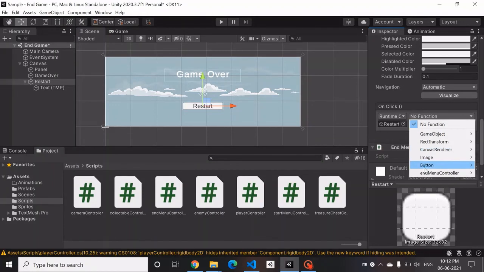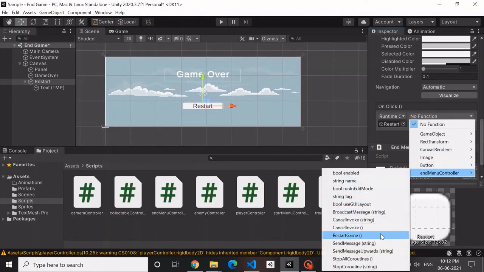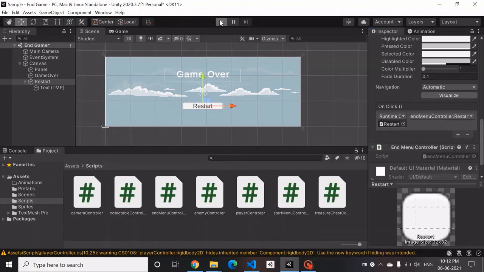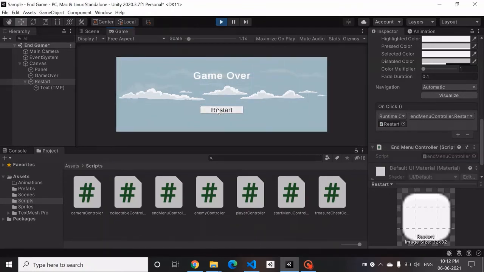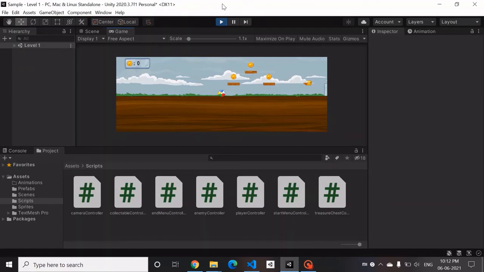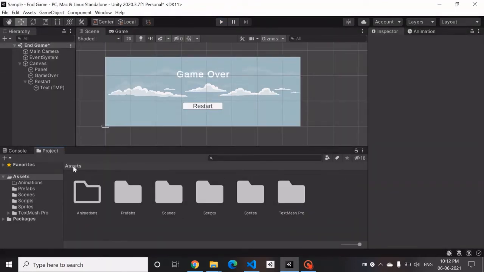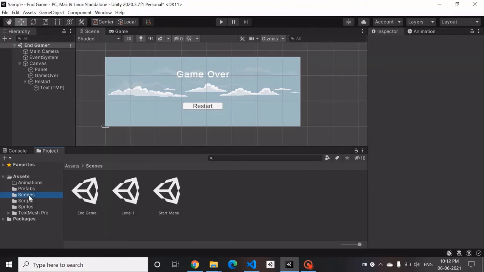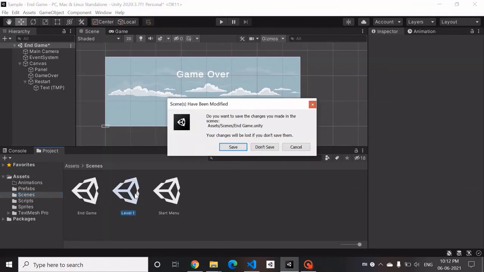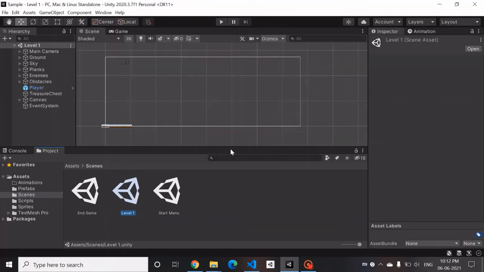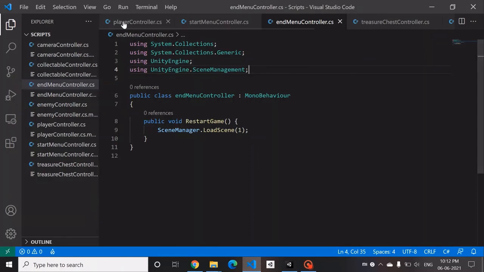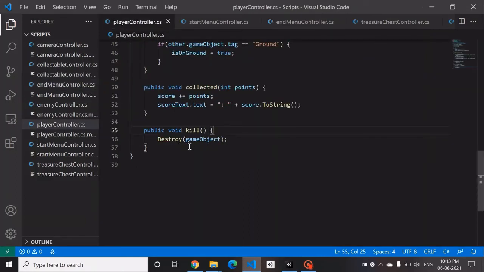We'll select the function, restart game. So if we are on this scene, what we want to do is restart would just go back to this scene. So now let's go back to the level 1. And here in the player controller script, what we want to do is once the player dies, we need to shift to game over.